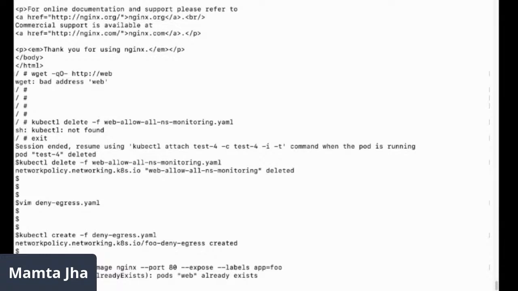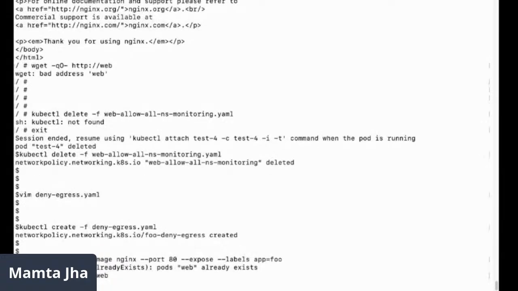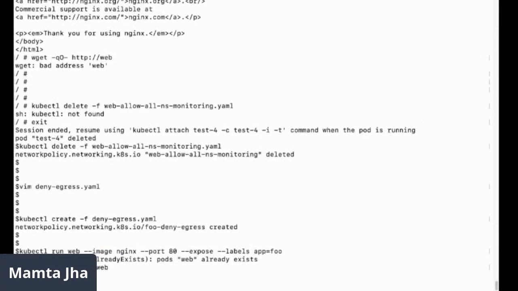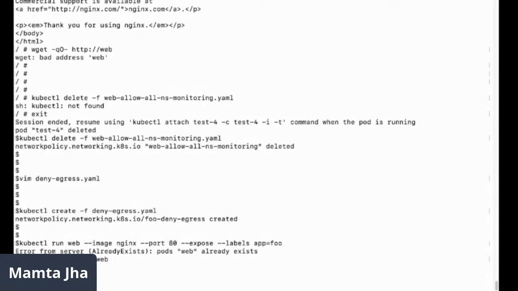So the rule is applicable, but web is already existing. Let me just clean up the previous ones. kubectl delete pod web. Let me call this guy foo instead of web.